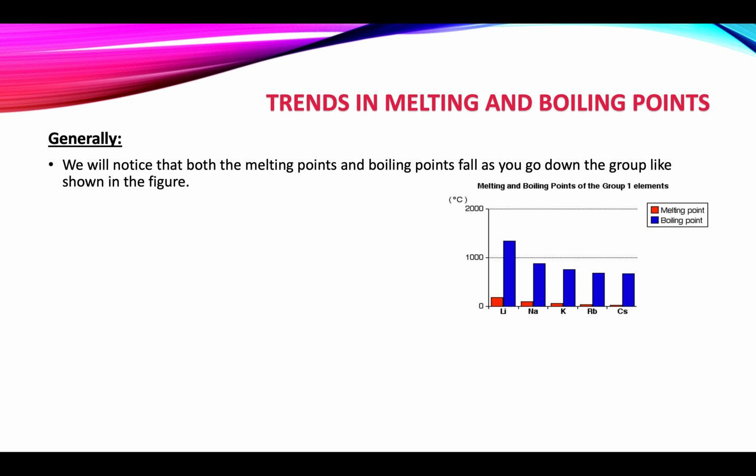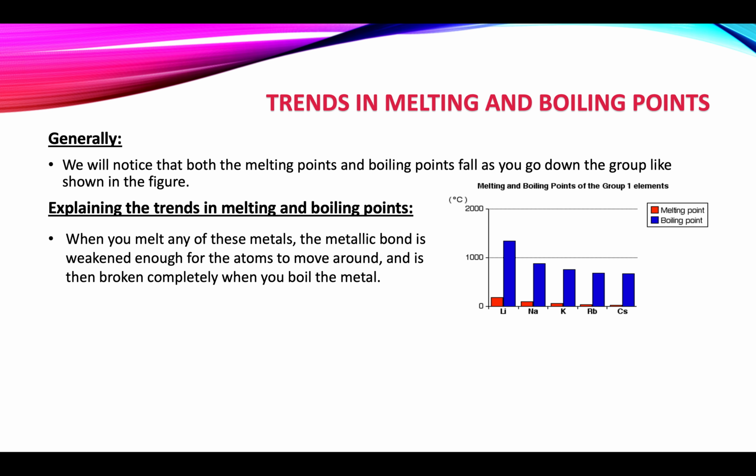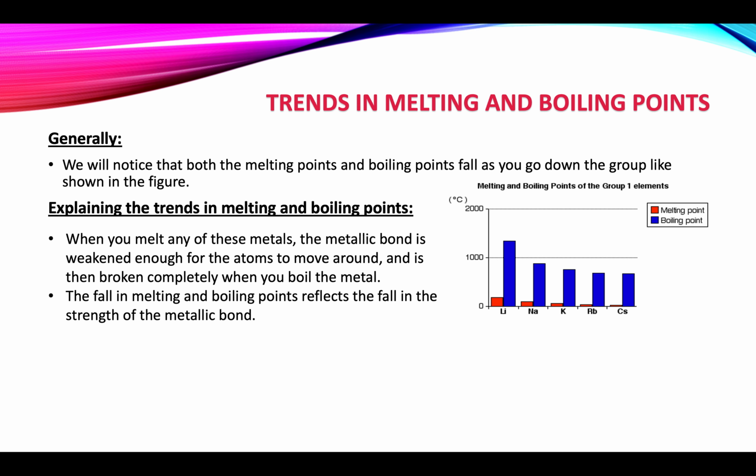Melting and boiling point decrease as we go down the group. As they are all metals, they have metallic bonds. When we move down the group, the atomic size of the metals increases, so the metallic bond is getting weak. So it can be easily boiled or melted when it comes to cesium. We can say that the decrease in the melting and boiling point reflects the decrease in the strength